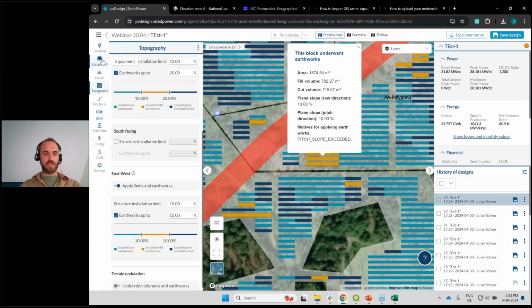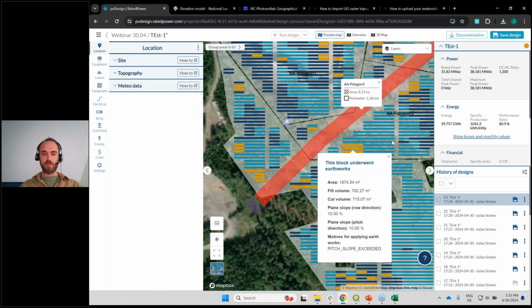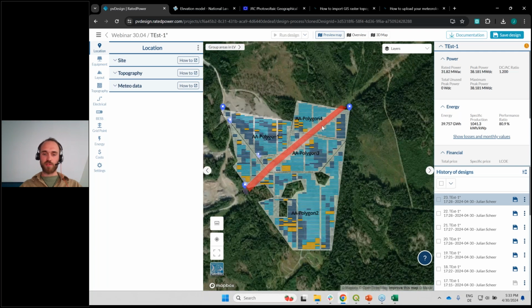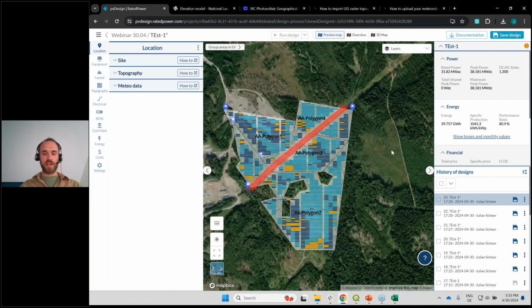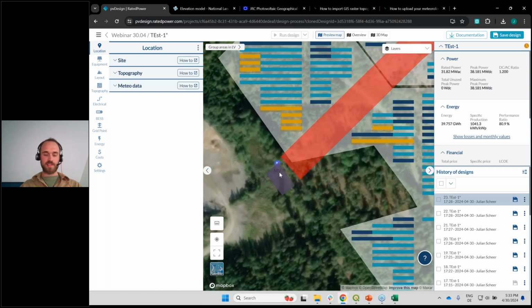So the question was basically related to when I go back to my site and zoom out a little bit here. I had the restriction zone, right? The red restriction zone here, which represented a transmission line. And I placed my substation here just as an example. And if you already know that your grid is limited, that's what the question was related to, you can go to the layout,